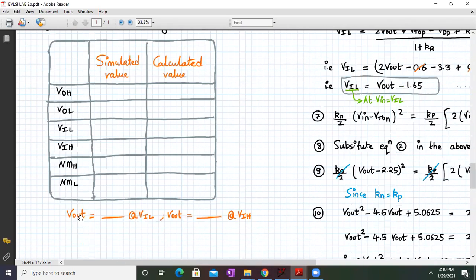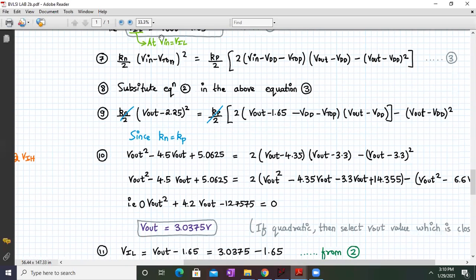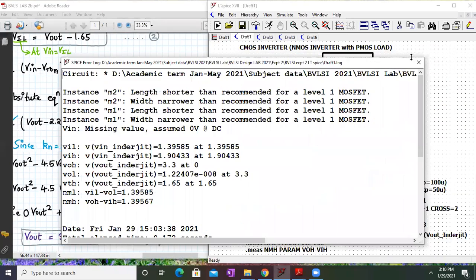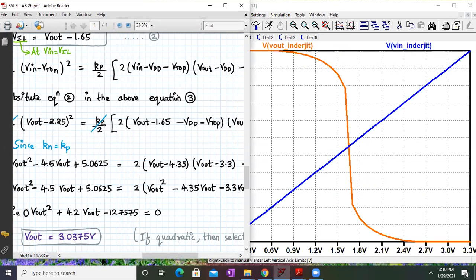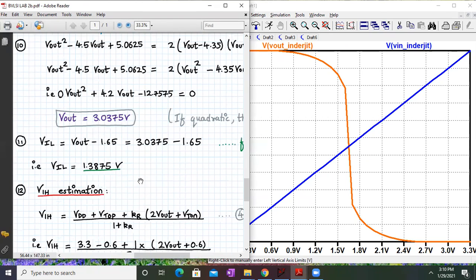Also, if you want to note down the value of V out, in the calculations we got the value of V out whenever V in was equal to VIL. Let me go to the graph. We have VIL somewhere, so at this particular value of VIL, what is my value of VOH? We can easily calculate that. And at this value of VIH, what is my value of V out? We can calculate that easily just by writing two statements.